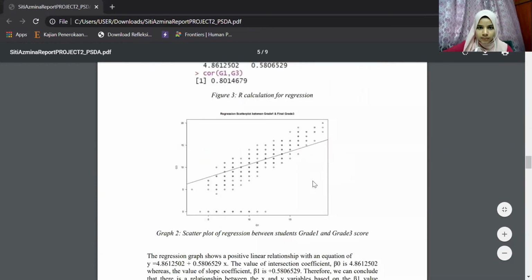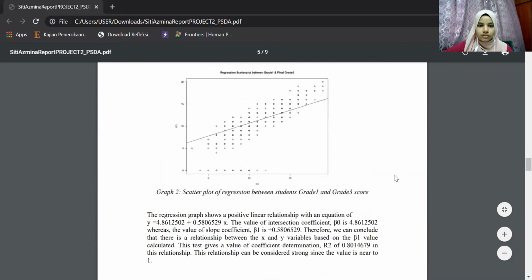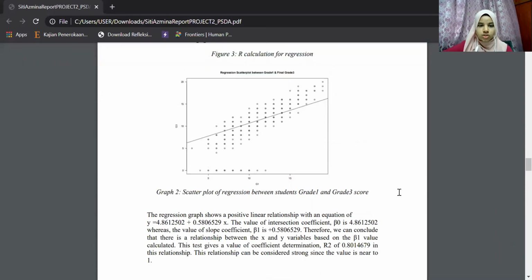Here is the scatter plot of grade 1 against grade 3. The regression graph shows a positive linear relationship with an equation of y equals 4.861250 plus 0.580659x. The value of intercept is 4.861250, whereas the value of slope coefficient B1 is